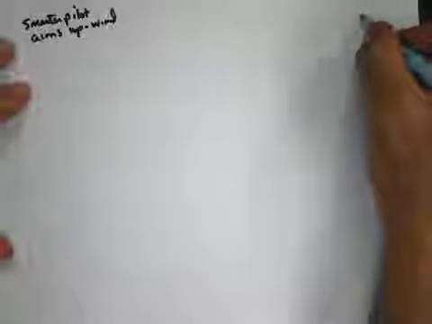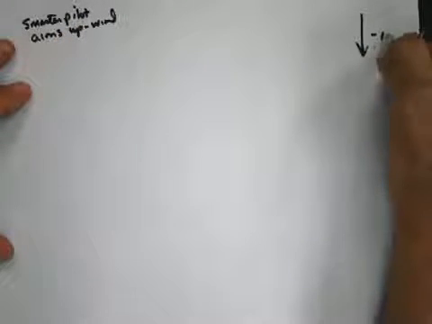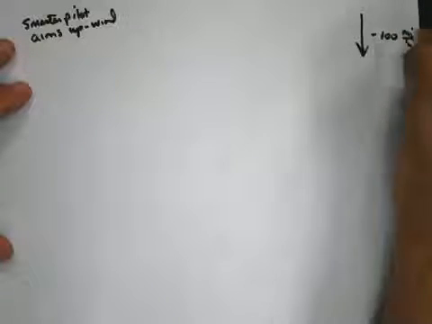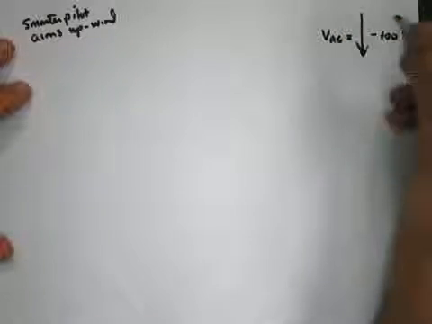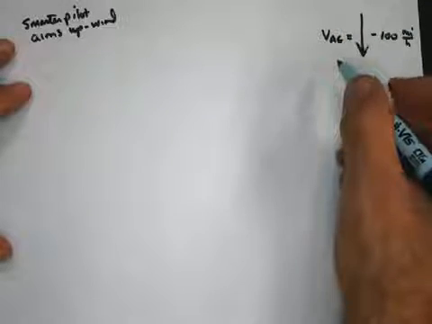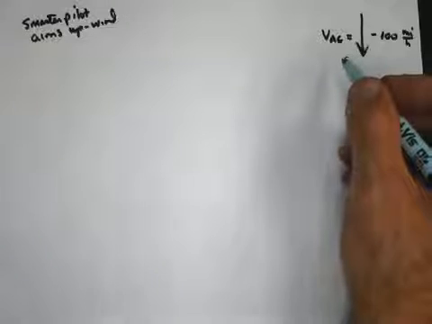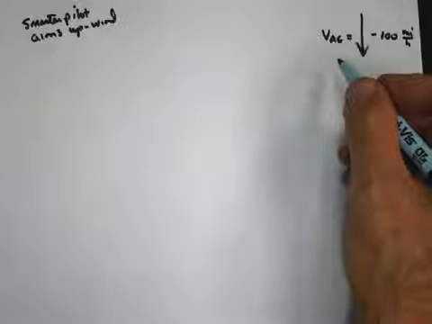We still have our negative 100 miles per hour velocity of the air with respect to the ground, and we still have the speedometer speed of 600 miles per hour, but that's the speed of the plane with respect to the air,